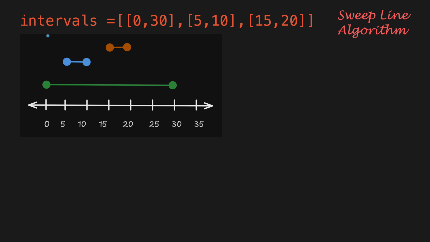Alright, so how do we efficiently find the minimum number of rooms? When we visualize these intervals on a timeline, we can see exactly when new meetings start and when old ones end. So, the first core idea is to think of each meeting as having 2 distinct events, a start and an end. Why? Because when we encounter a start event, a meeting begins and we need a room for it, which increases the room count by 1. And when we see an end event, a meeting finishes and a room becomes free, reducing the required room count